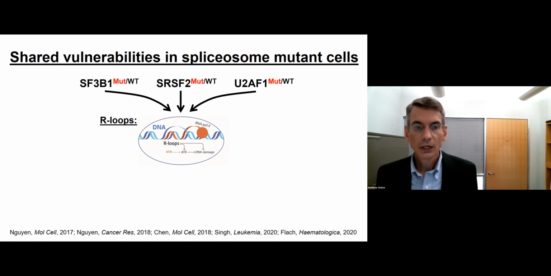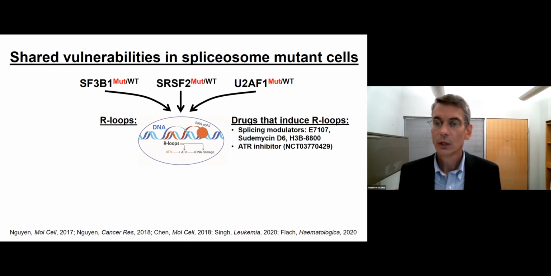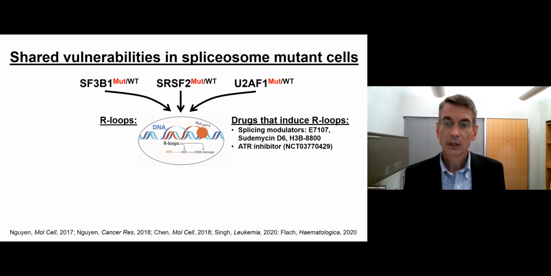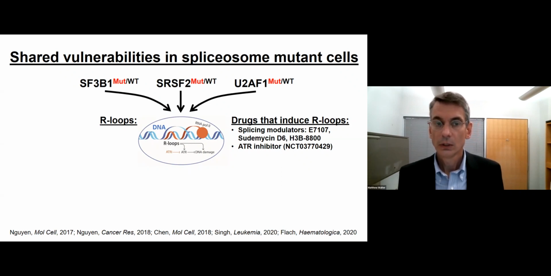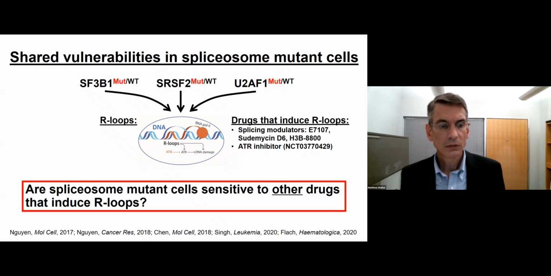And so an interesting observation was that drugs that also induce R loops, which are splicing modulators and ATR inhibitors, have essentially a synthetic lethality with splicing factor mutant cells in preclinical models. So the idea is that R loops are present in mutant cells, and drugs further induce these R loops and lead to lethality. Really, it then raised the question for us: are there spliceosome mutant cells that are sensitive to other drugs